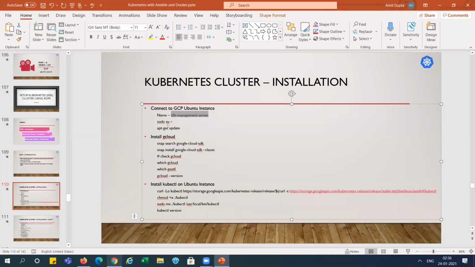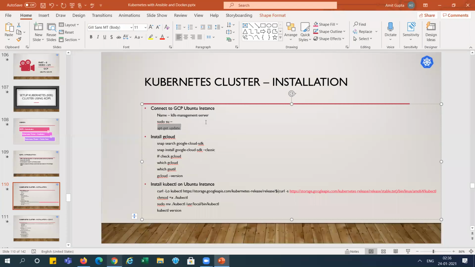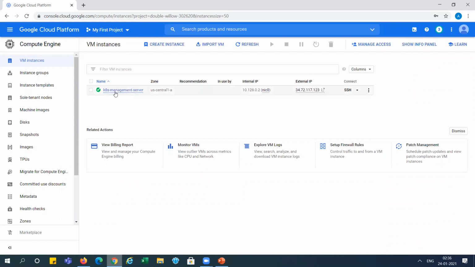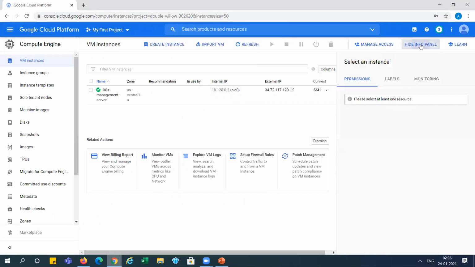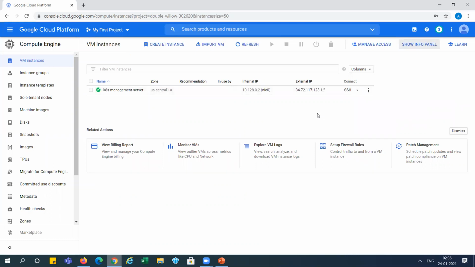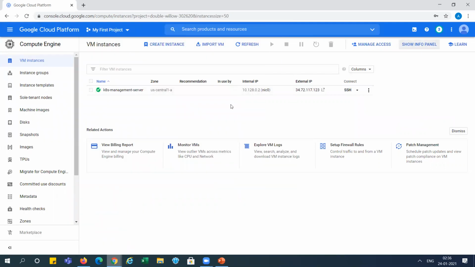After that, we will get sudo access and we will update all those packages. And we will go and install gcloud. You can see our server is ready. Let me connect. It is connecting to the system.